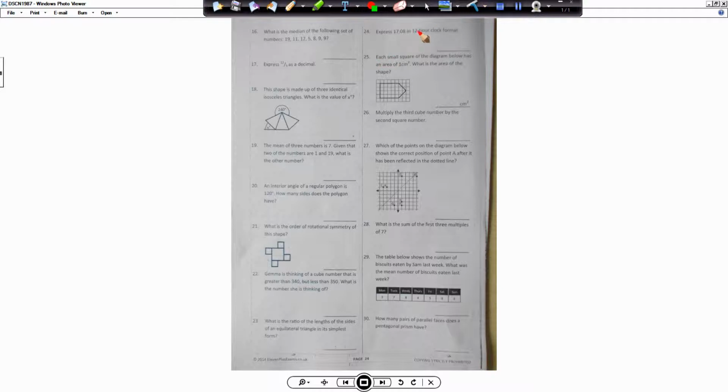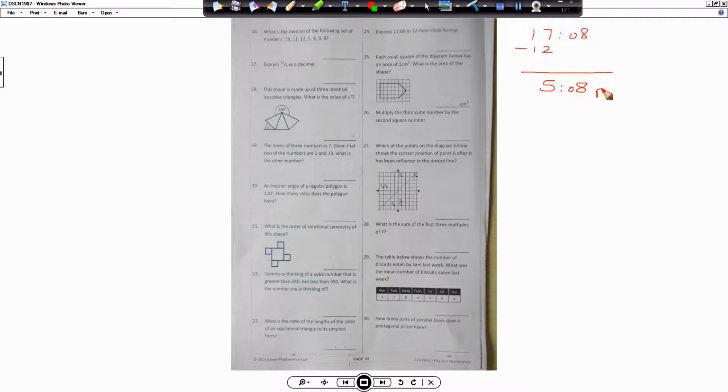Okay, 24. Express 1708 into 12-hour clock format. Now, if you have 1708 and you want to go back towards 12-hour format, you have to minus the 12. So 17 minus 12 is? So the answer will be